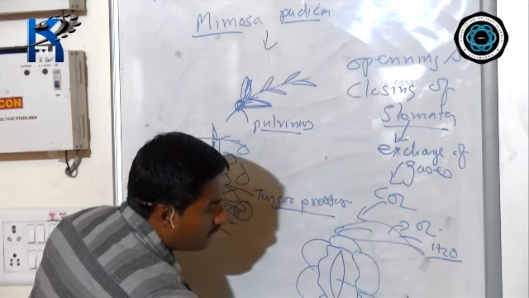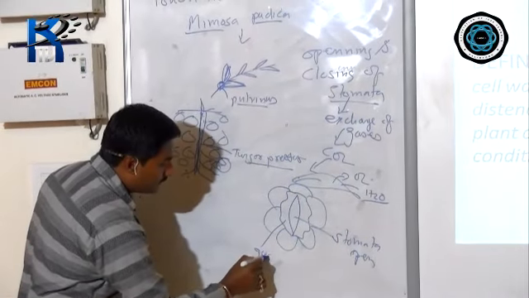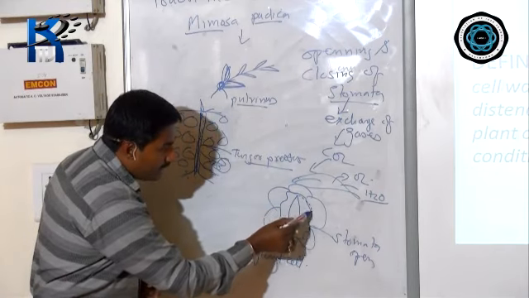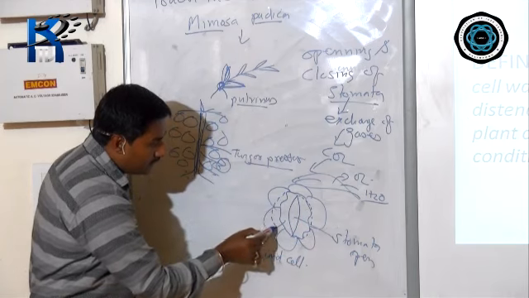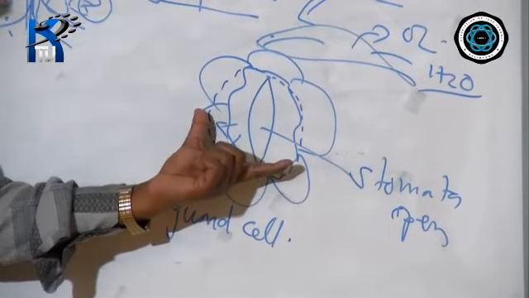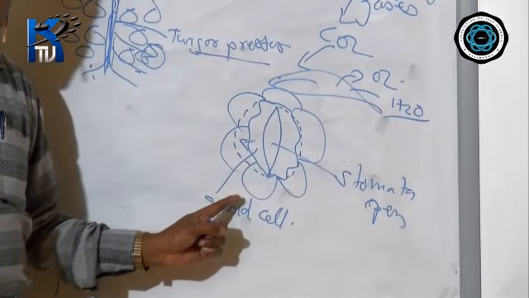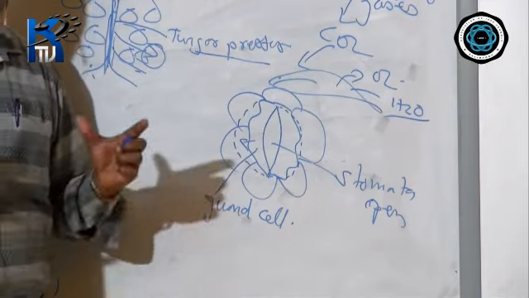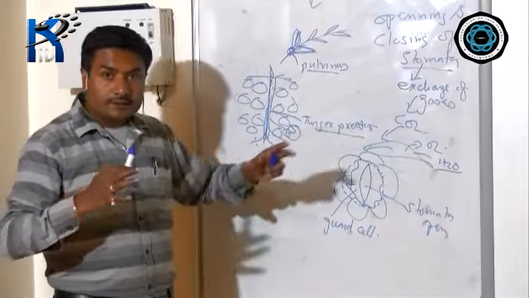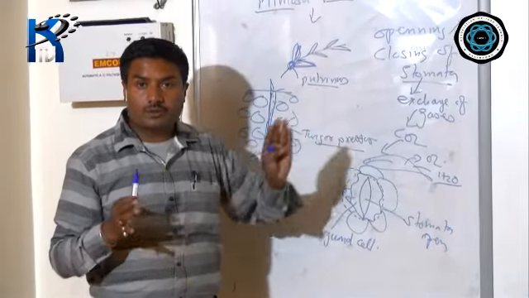This is the stomata open. These are the guard cells. When these guard cells become turgid, the turgor pressure results in the opening of this stomata. So when the stomata opens, what happens? Oxygen comes out, carbon dioxide gets inside, and at the same time most of the water molecules are also released from the pores of the stomata. This mechanism of the exchange of gases is also due to turgor pressure. It is also due to turgidity.